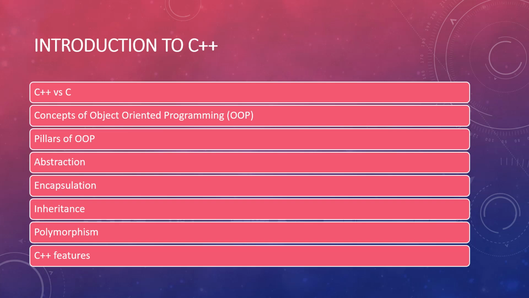Concept of object-oriented programming: a programming paradigm centered around objects and classes, which are blueprints that define attributes and behavior. OOP promotes code organization, reuse, and scalability. Then, let's talk about the pillars of OOP: abstraction, encapsulation, inheritance, polymorphism. These are the pillars of object-oriented programming. So let's talk about